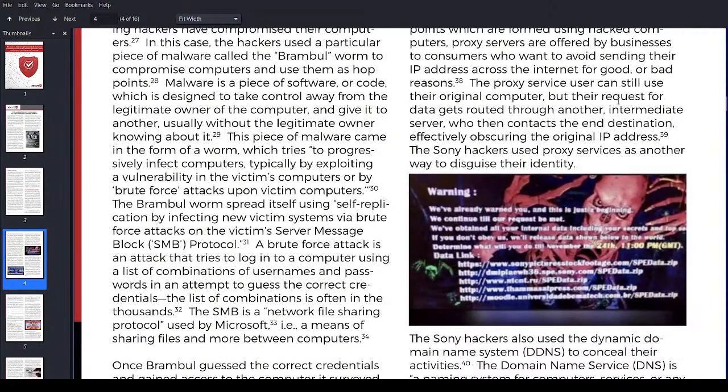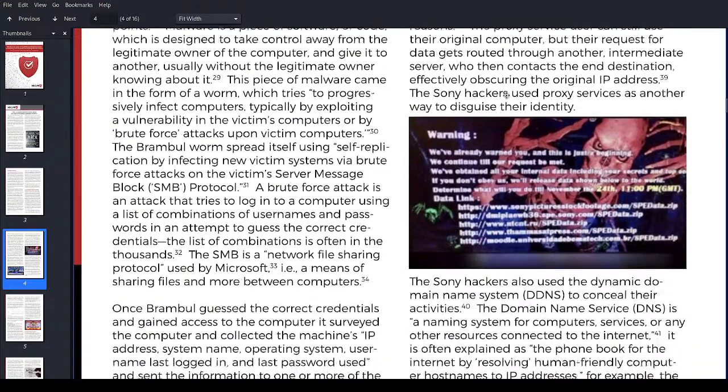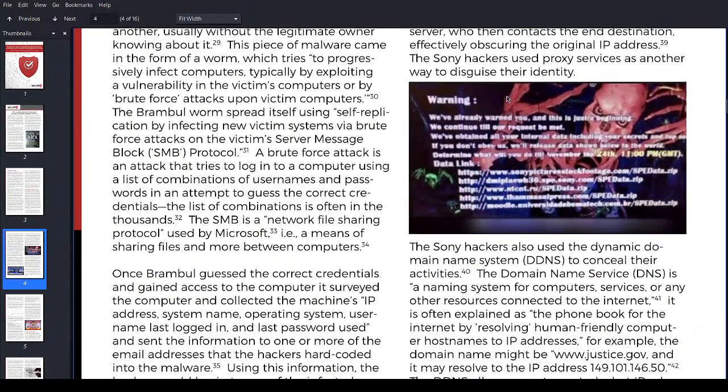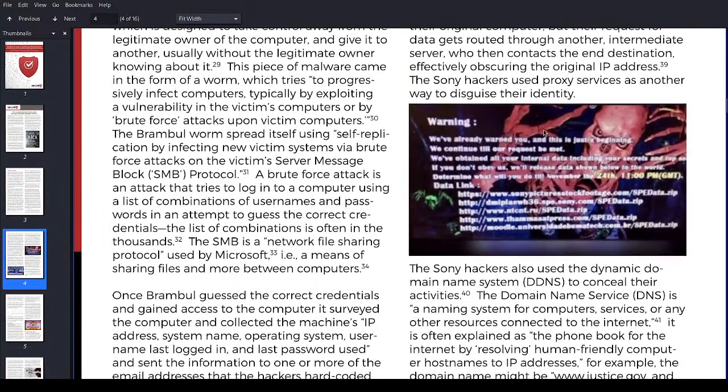The proxy service user can still use their original computer, but their request for data gets routed through another intermediate server which contacts the end destination, effectively obscuring the original IP address. The Sony hackers used a proxy service as another way to disguise their identity.